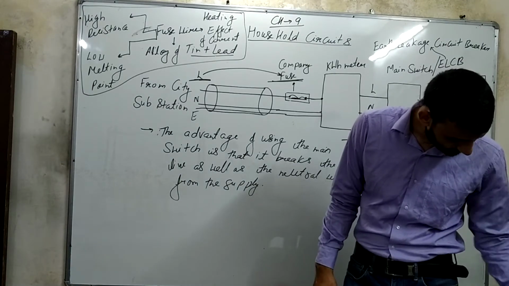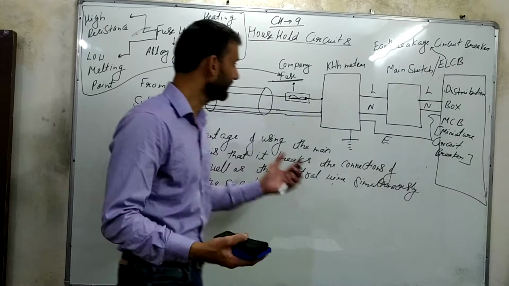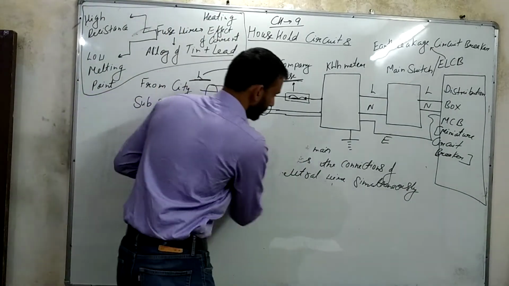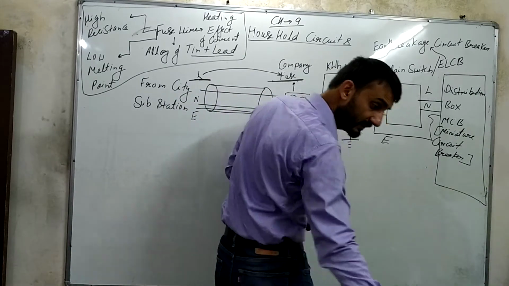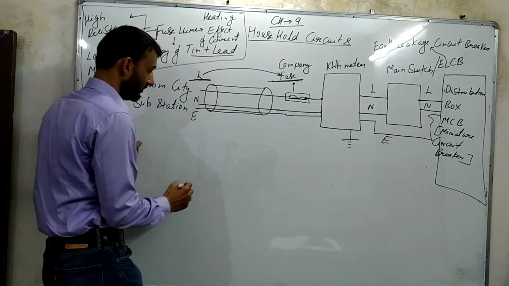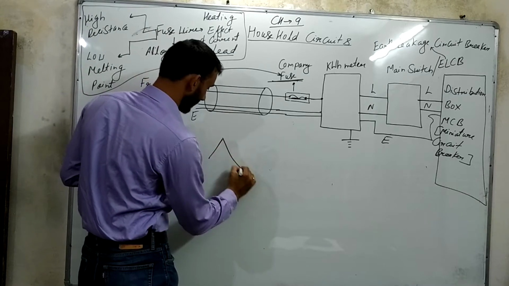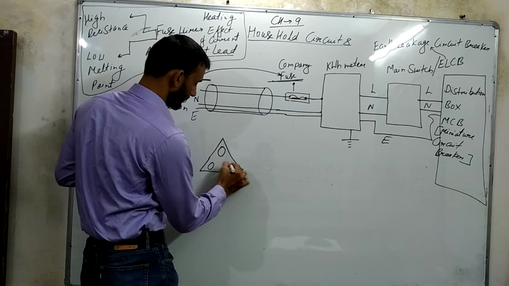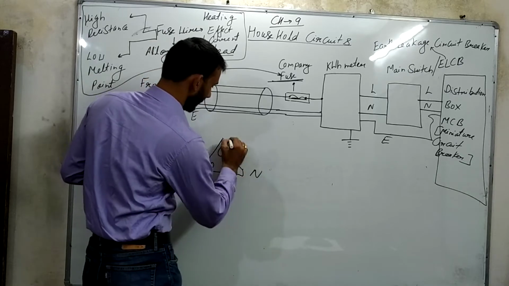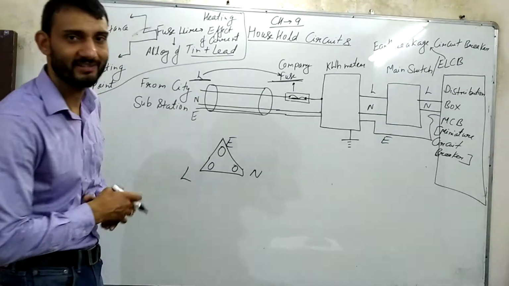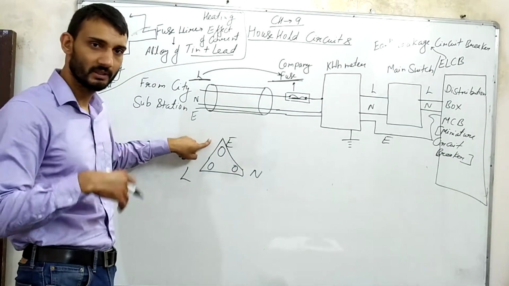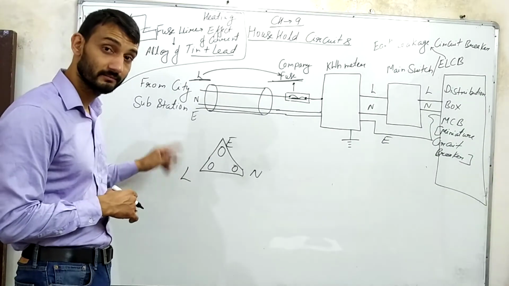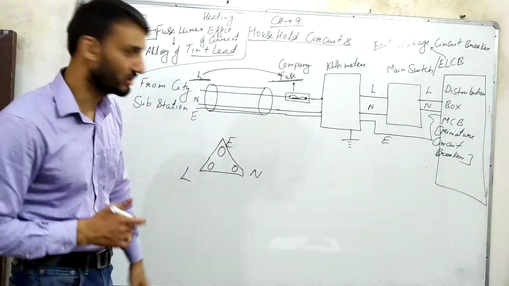Now coming to the small thing. This is a very small topic, although we have to discuss only small topics. So you have a 3-pin plug and a 3-pin socket. This is live, this is neutral, and this is earth. Remember this configuration, that's it. The upper one, you must have seen this plug at your house. This is earth, left one live, right one neutral.